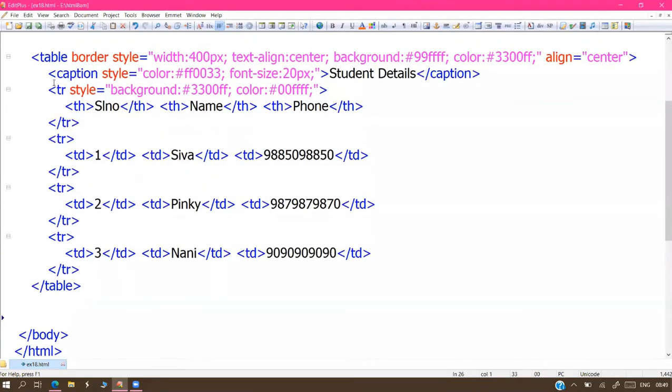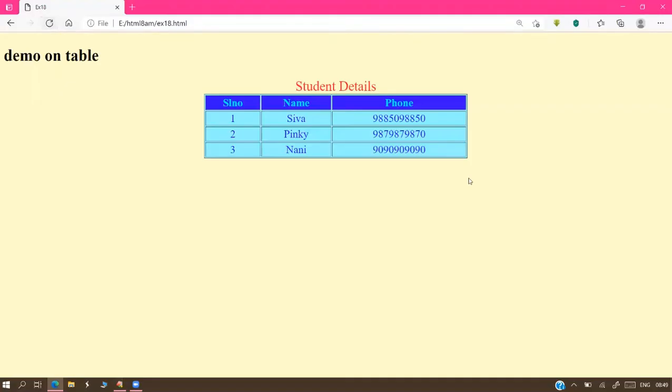Next, the caption tag is also introduced here, and this is the final output of the table. So inside the table, what type of content can we place, sir? There is no problem, sir. We can place any type of content. Text we can place, some of the HTML tags also, images, anchor tags, input controls, text boxes, buttons also we can place. Except the division tag and iframe tag, the rest of all the tags we can place inside the table. There is no problem.